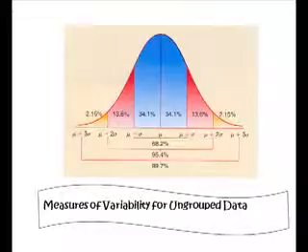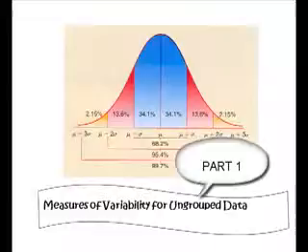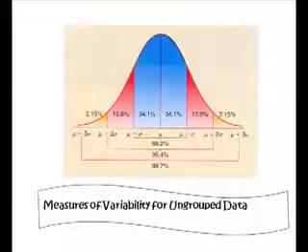We're going to work through all of these different measures of variability when we have data that's ungrouped, and we're going to deal with everything from the range to the variance to the coefficient of variation. So I'm going to roll on through these, so grab yourself a bucket of popcorn and a pencil and a piece of paper if you want, and we're going to get started and have a great time hanging out here